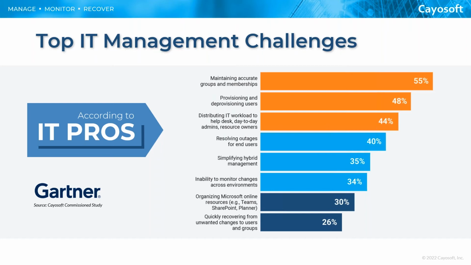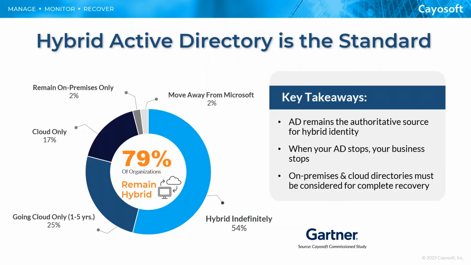And as I look down this list, we do a lot of these things at Cayosoft in terms of management, but that number one item was number one in the 2000s. It's still number one today, and it's just more complex because the environments are changing. And when I say the environments are changing, what I'm really talking about is hybrid. So where does that fall, and how does that make it more difficult?